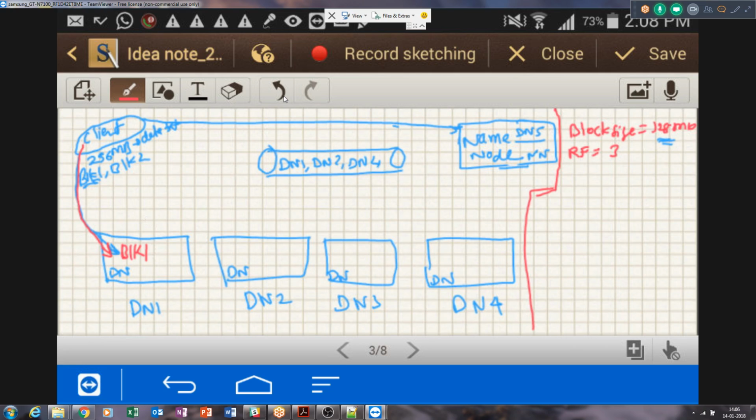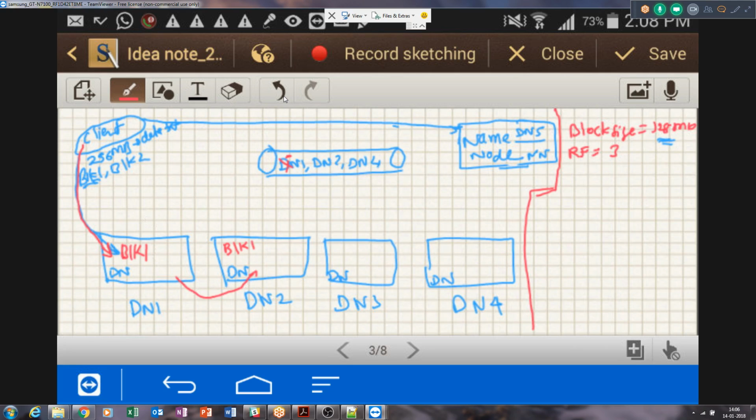Now data node 1 scans the pipeline. It says, okay, data node 1 is already done, so it will be removed from the pipeline and the remaining data nodes stay. The next host of block 1 would be data node 2, so data node 1 forwards a copy of block 1 to data node 2. BLK1 copy has also come to data node 2. Then data node 1 is over.